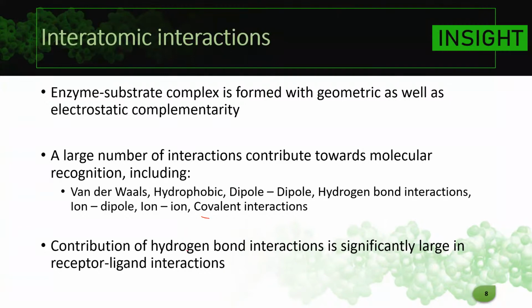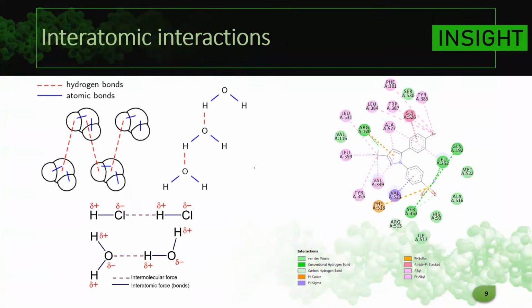In biomolecular systems, the contribution of hydrogen bonds is very important. They are very prevalent, and you can significantly see how they interact with a variety of different systems and compute those also very easily. So what exactly are these interactions? Well, we know about hydrogen bonds. I hope everybody knows, but if you're not aware, those are the simplest bonds, caused because of the charge distribution and the partial opposite charges on different molecules. Even if you look at simple water, all the water molecules are held together with each other through a series of